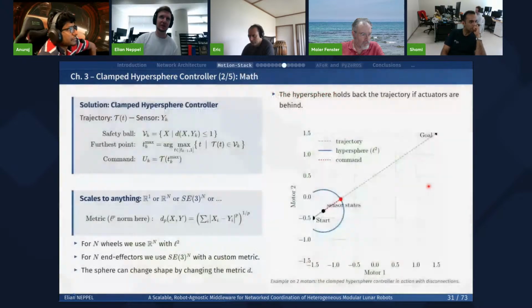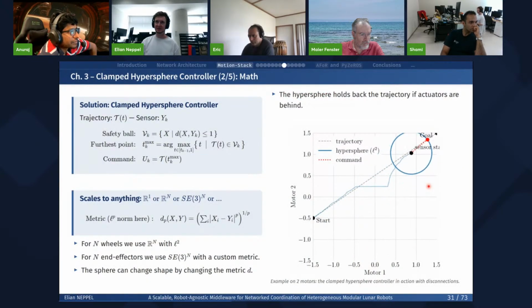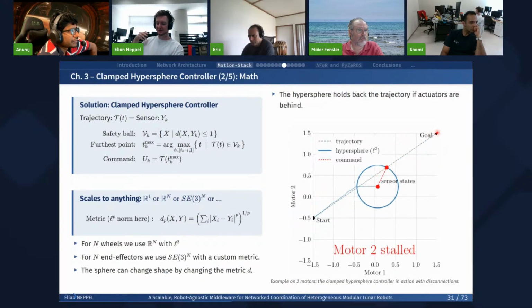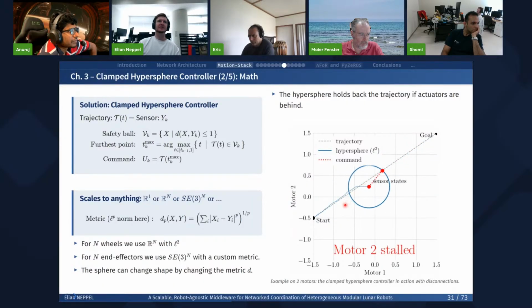And to solve this issue, I created what I call the clamped hypersphere controller. So the name is complicated, but the explanation hopefully is simple. We have a trajectory from a start position to a goal, and this is in the sensor or command space. So we have motor 1 and motor 2 as X and Y. And around the sensor state, we then create a safety ball.